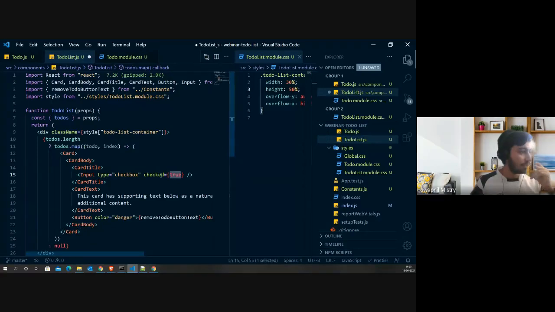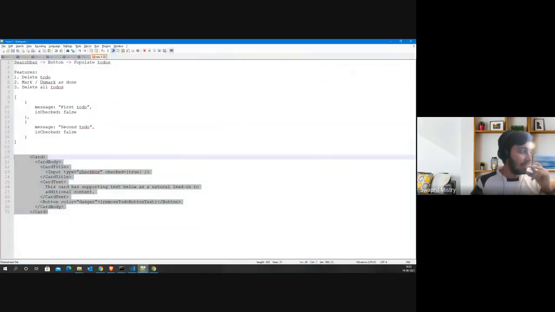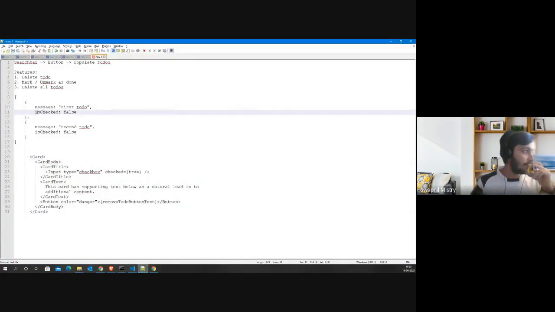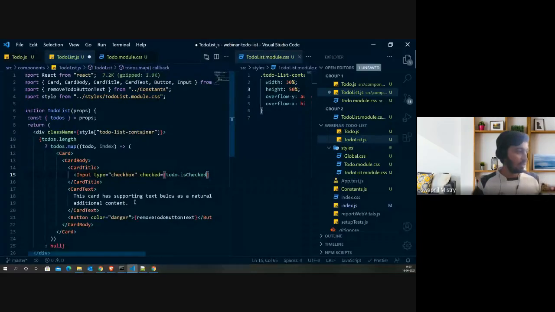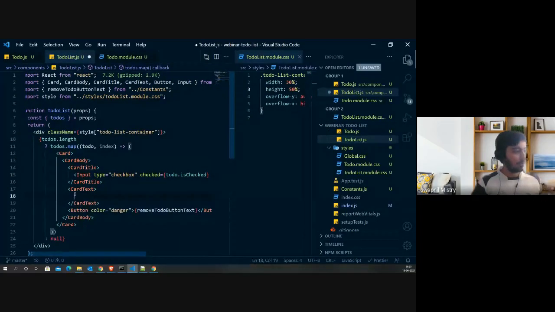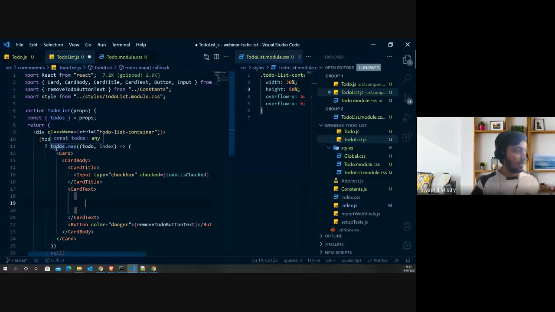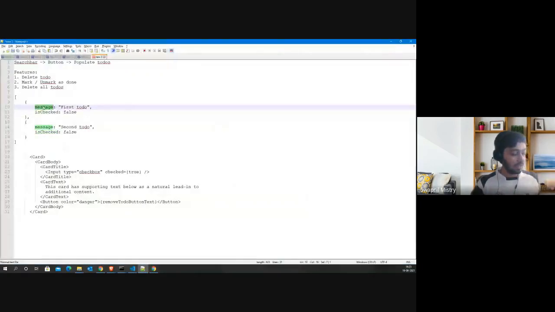Now, this checked property should be shown from to do, right? Because in to do we have declared whether the specific to do is done or not, right? So we'll do something called to do dot is checked. Okay. The message over here will be again this message which is there.